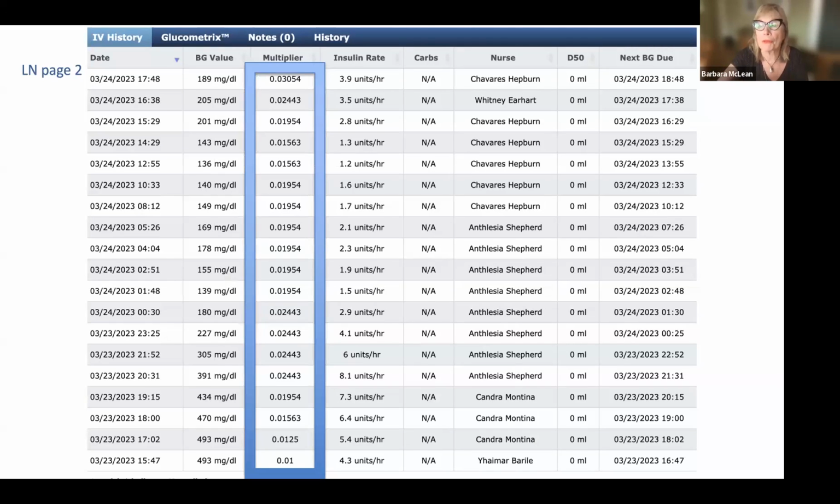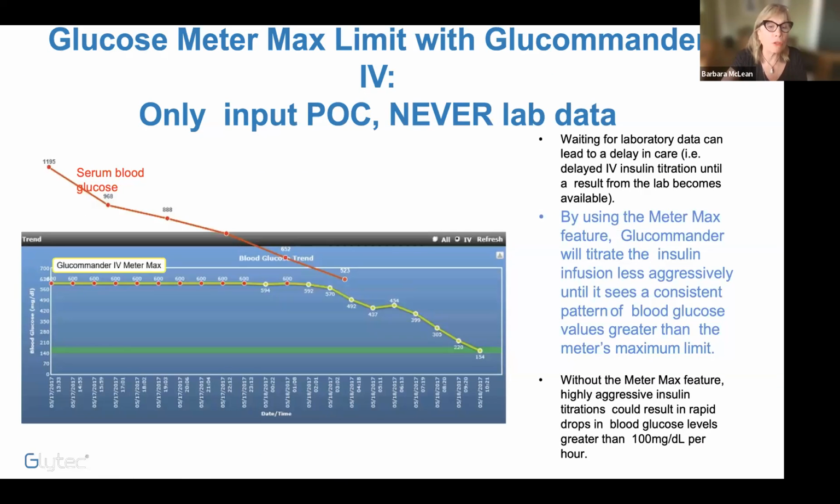Okay, so that's your multiplier. Now, I want to remind you, only point of care can be entered into Glucommander. Historically, that required that the nurse pressed a button called meter max. Behind the scenes, you can see your patient's blood glucose was really, really high and it's trending downwards, but it's doing it safely. But at the Glucommander level, where we were pressing meter max, you would not adjust insulin until every 4th blood glucose if it's still above meter max. As soon as the blood glucose comes below the meter max, you're going to be adjusting more aggressively, because now